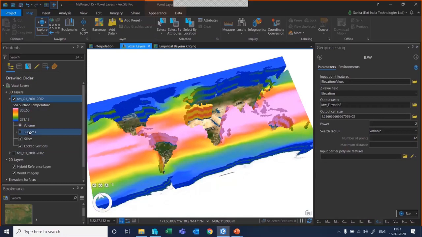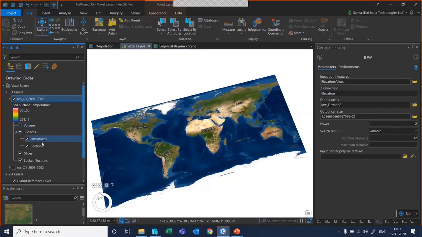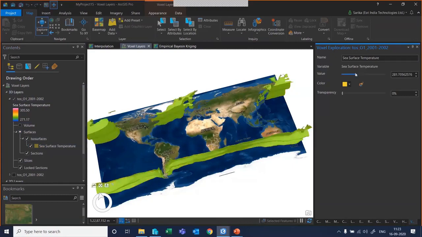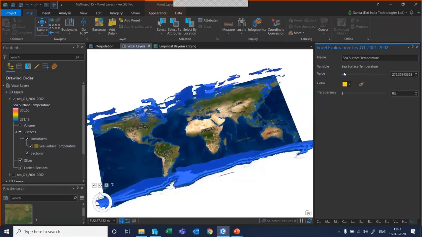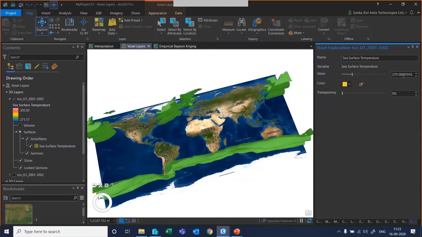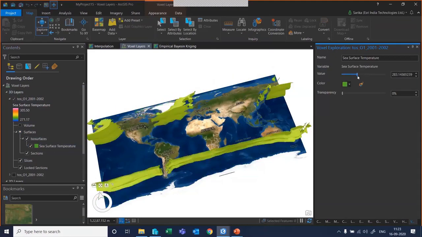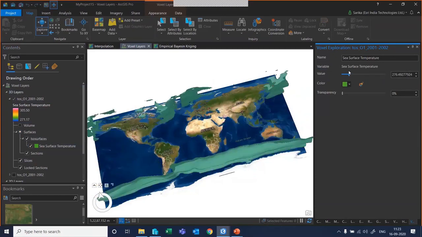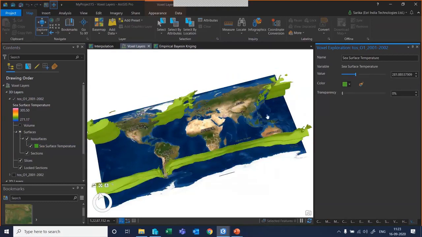Let me show you how to create ISO surfaces. Just enable the surfaces, and here we have an option called ISO surfaces. You can create an ISO surface. So what is an isosurface? Based upon the temperature value, you can see in which all locations that temperature is existing. You can even change these graphs to see how your temperature is varying across the locations, and you can clearly see this value in the table towards your right. You can just use the settings and see how your temperature is varying across the locations.